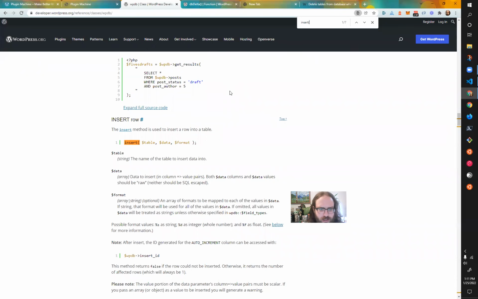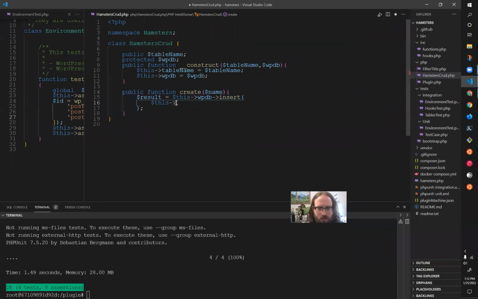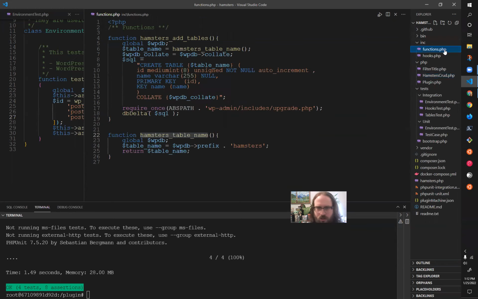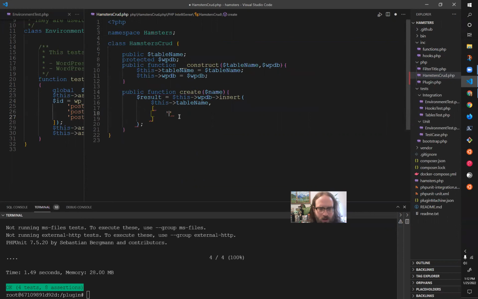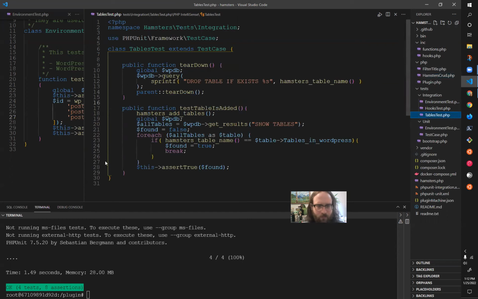So we're going to insert into this table name. And then my data is just going to be, as I recall, name. Honestly, I can't remember what that returns. So